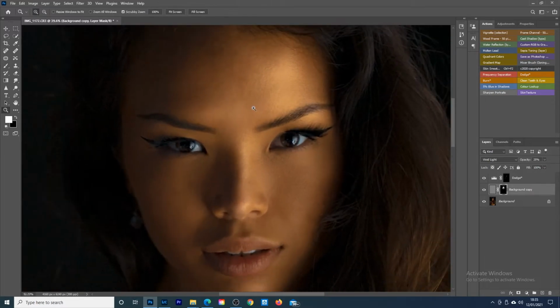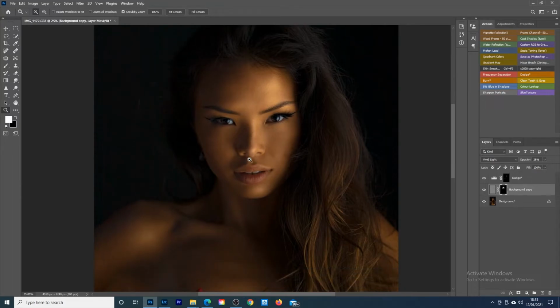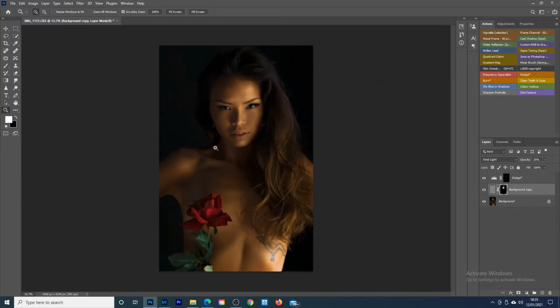As you can see, if you zoom in, you see the difference. Not a major difference, actually that's quite good. The model has quite good skin anyway, but it's enough for the photo. So now that is done,